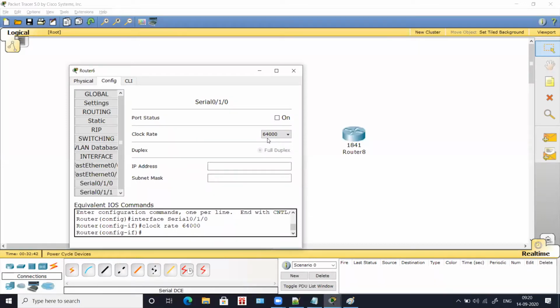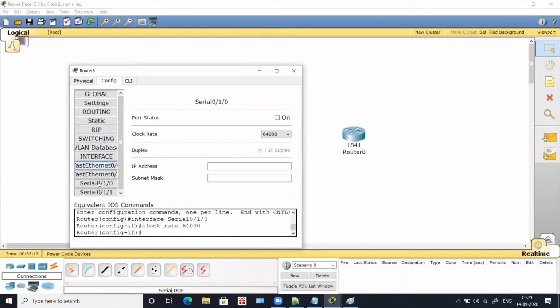Now, once this is done, see, yesterday when I taught you about assigning an IP for a router, I told you how it can be done in a command line interface, that is in command prompt. Many of you got errors, well and good, but still you came up with your assignment completed. Great. So today I will tell you how easy it is to assign an IP not in command line, but in a graphical user interface. I'll tell you what clock rate is. Just give me 1 minute.